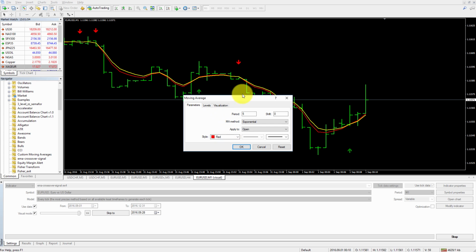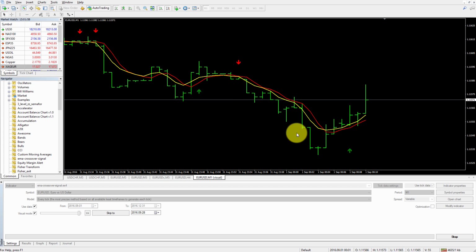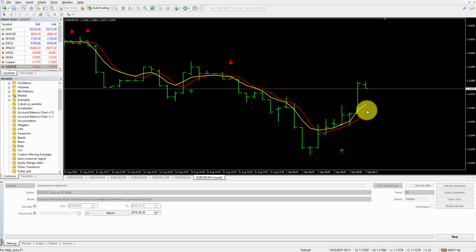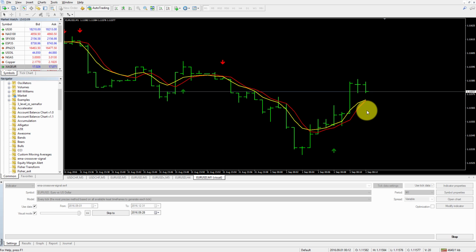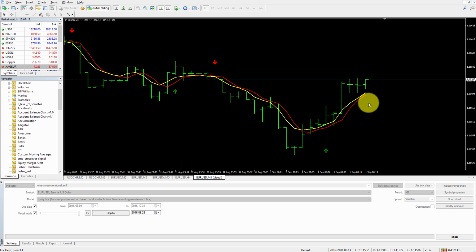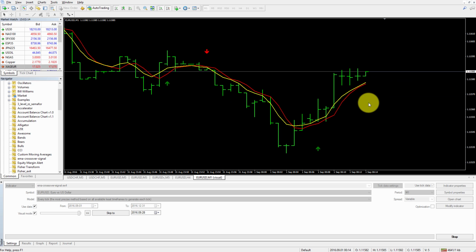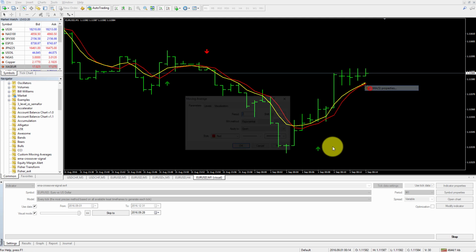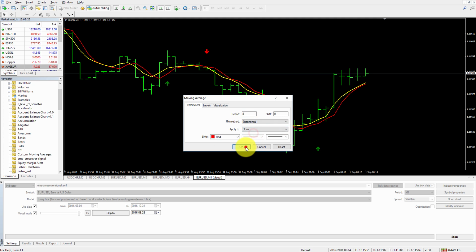So the red moving average now becomes our line that's applied on the open price. We can see that when the simulation continues, it just never changes. It's static basically, but that yellow line keeps changing and changing and changing. But that's normal. If an indicator changes on the current price bar, it's quite normal, and it's not a